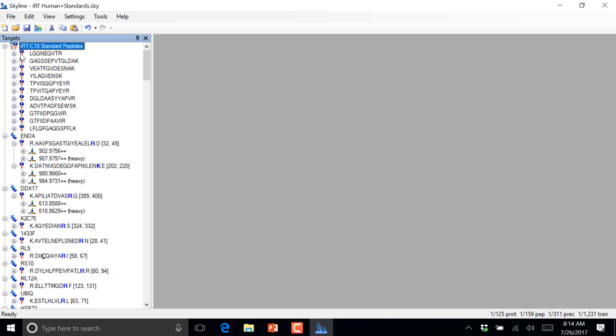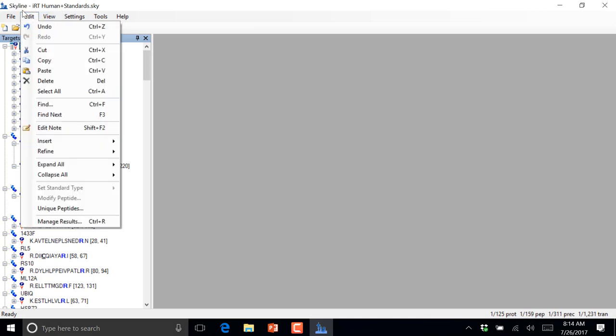Yeah, so they didn't actually collect data for everything. When we're in calibration mode, we don't necessarily want to collect both our heavy and our light, right? That's going to add transitions. So we're going to do a quick method where the goal is not to quantify these things, it's just to figure out where they are in retention time space, right? So what we want to do is go to Edit, Refine,